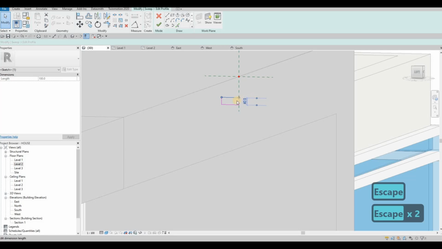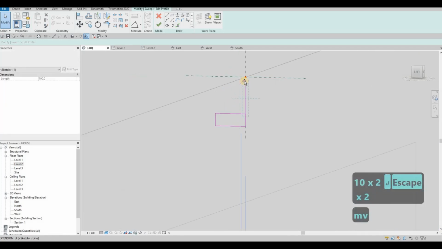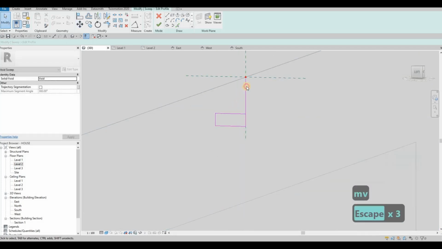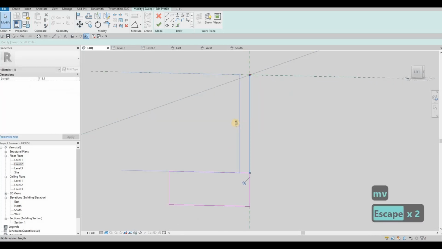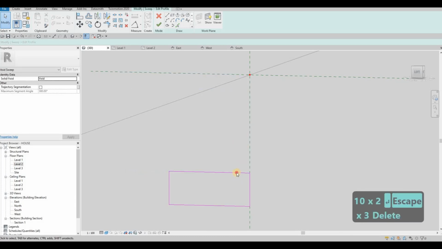I need to know the distance, so probably, yeah, I'll do 40, and then this is 100, and I just need to know maybe 100 from here, so I'm gonna move it. So 100 from here, 100, and then